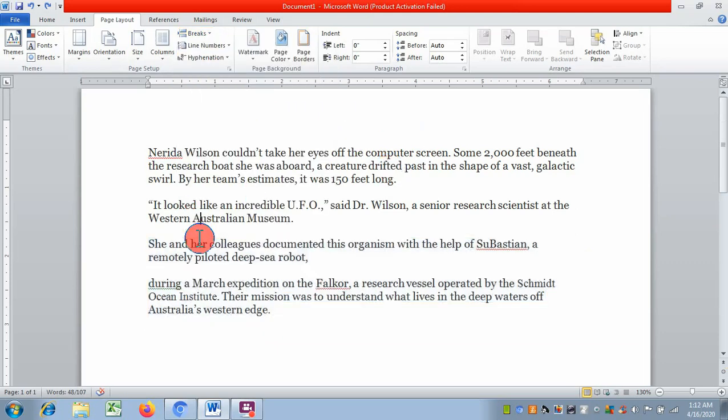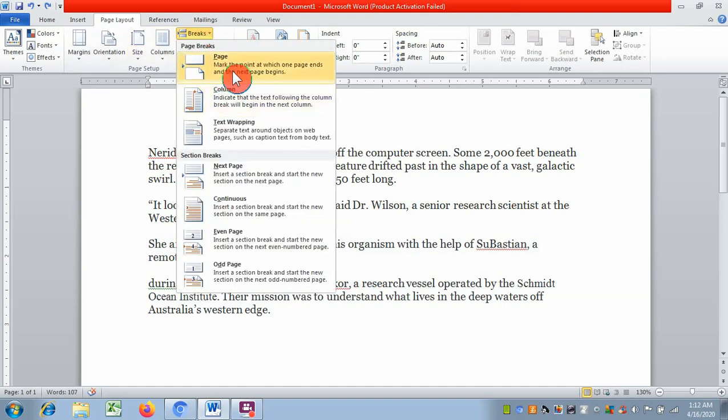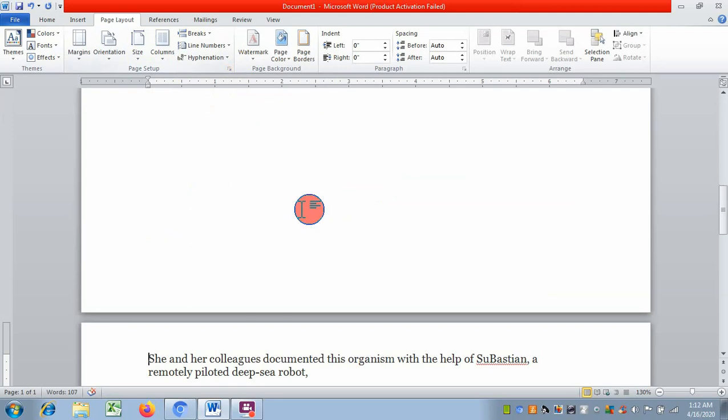I'm just clicking over here, and break, page. Now you can see in the next page, the whole paragraph, from where the cursor was blinking, from that position, that content has been shifted to the next page.